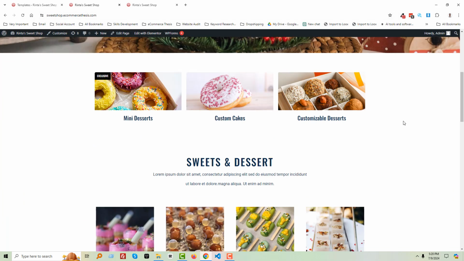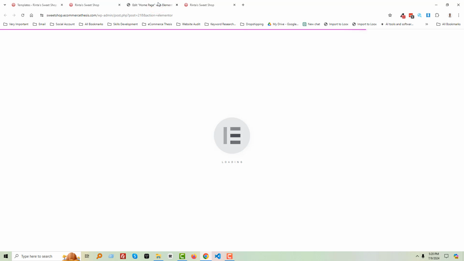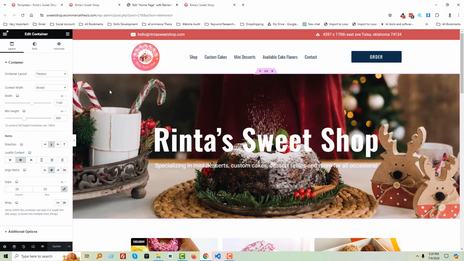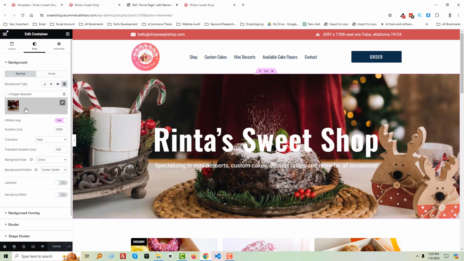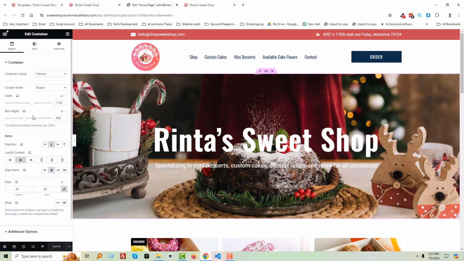And here is the home page, and we are going to explain everything from here. I'm going to click on Edit with Elementor. First we take a section and add a background image in this section, look here, and then we also make the minimum height 600 pixels for this main banner